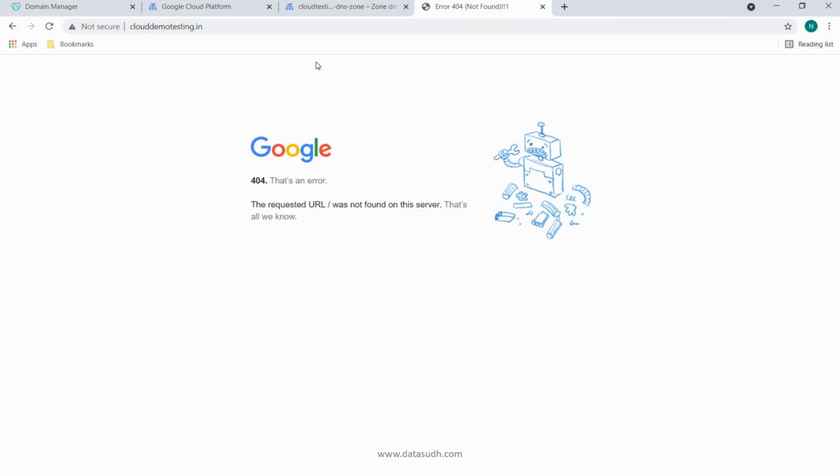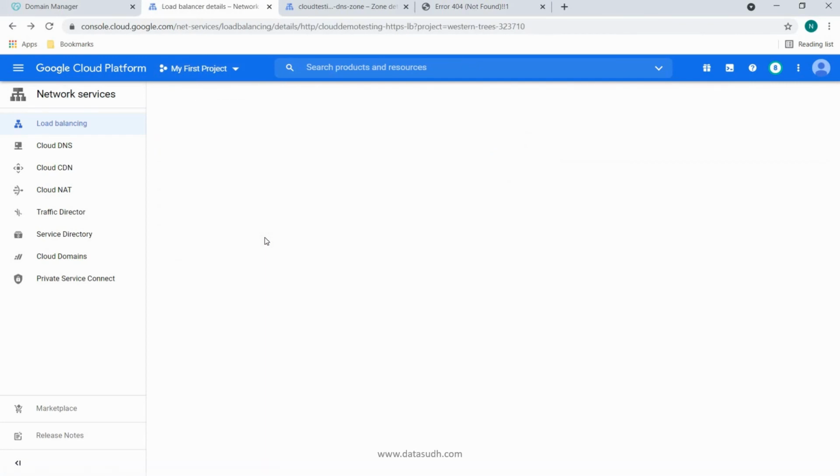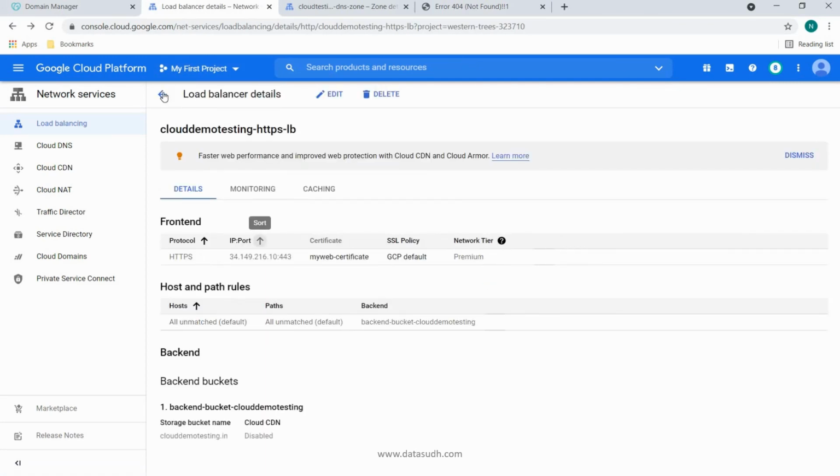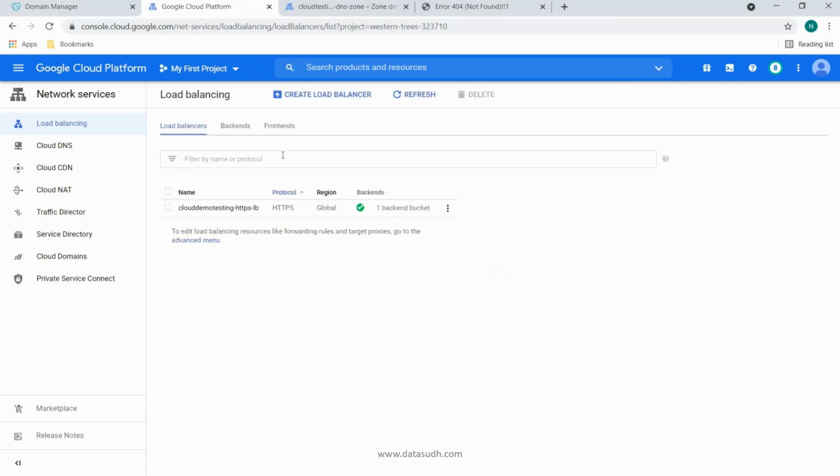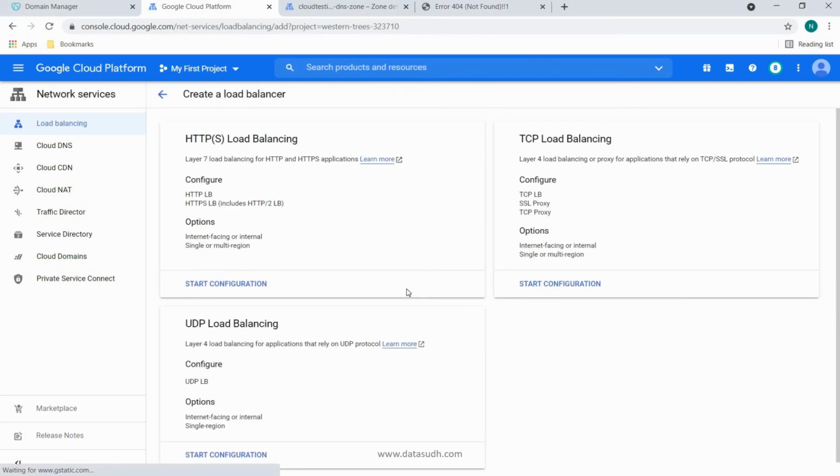So what we are going to do is, we are going to go back to our load balancer. And we are going to create one more route forwarding load balancer. Okay.